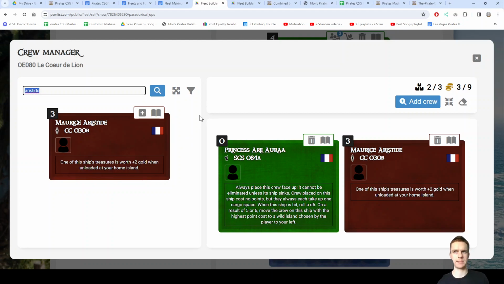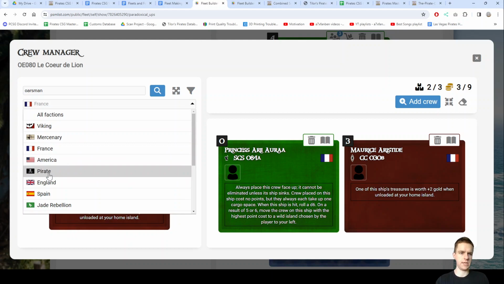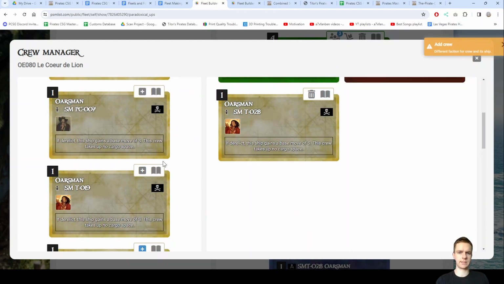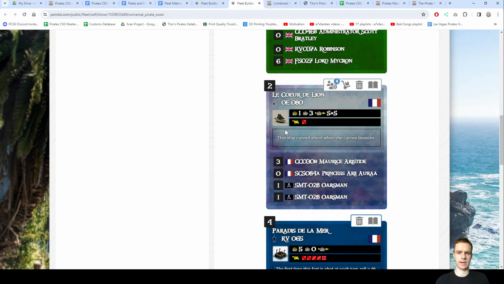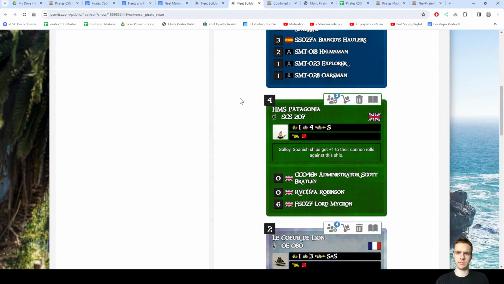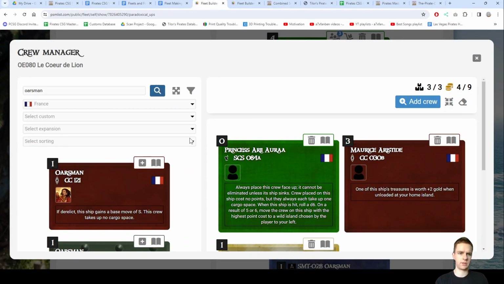Oarsman would take up space on the Paradox, so it doesn't really matter. I mean, you could dump the Explorer on the Paradox for an Oarsman, so I'll do Pirate Oarsman. I might do one of each on each ship, so it might be a little bit weird in that sense, but I'm going to add that one,